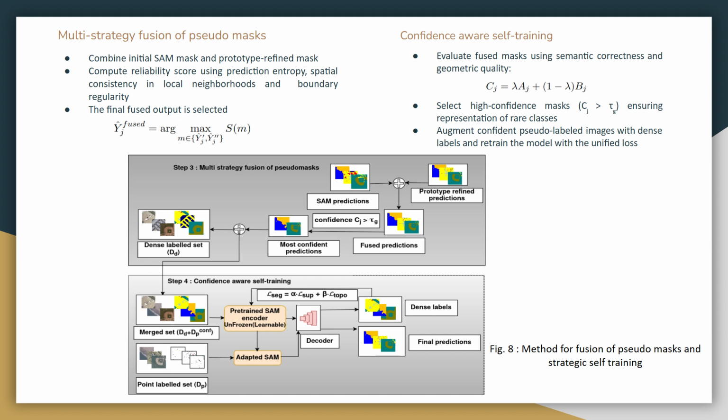We do that by computing a final confidence score combining semantic correctness and geometric quality, and only the most confident masks are added to the dense label training set. Finally, the model will be retrained using the unified loss and the merged set of images and labels.